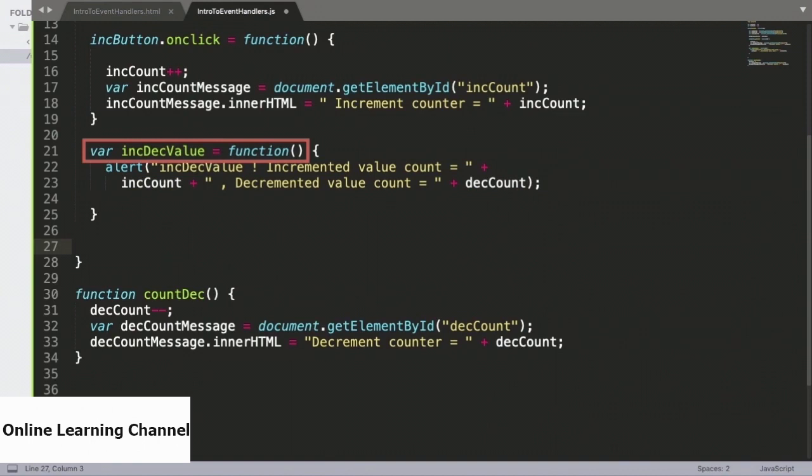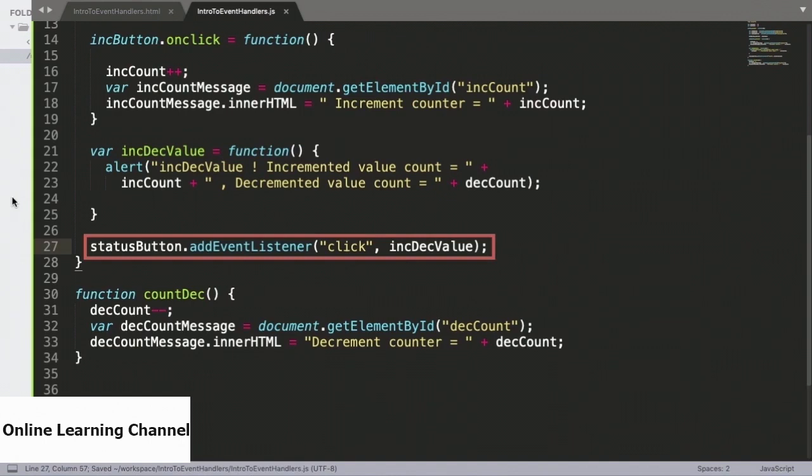of someone clicking on our status button. This is where we invoke the status button's addEventListener function. As the name suggests, this adds an event listener to the particular element, in this case the status button, and